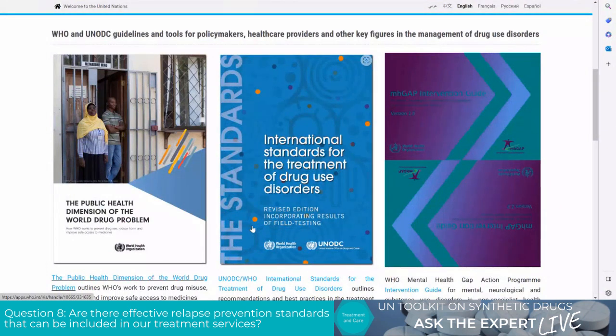And of course, this is where you have your indications of all of the services that are needed to support the recovery process and prevent as much as possible relapse. And this allows me to say something that I wanted to say at the beginning. We call this the treatment and care toolkit. But this is an expression for being brief, because what we are really talking about is all of the services,